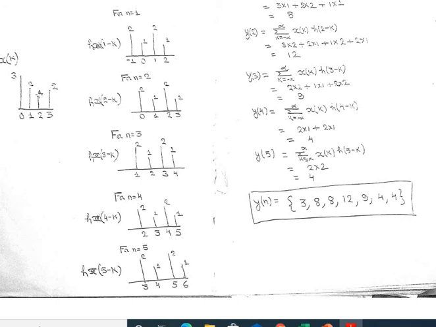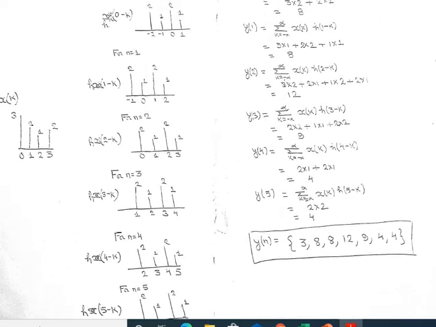At sample 2, the magnitude here is 1 and here the magnitude is 2. At the 3rd sample the magnitude is 2 and here 1. So we just multiply and sum it. So 2 into 1 plus 2 into 1, we are getting 4, and finally x[k] with h[5 minus k]. Here the common sample is 3 only, so 2 into 2 we are getting, that is 4.